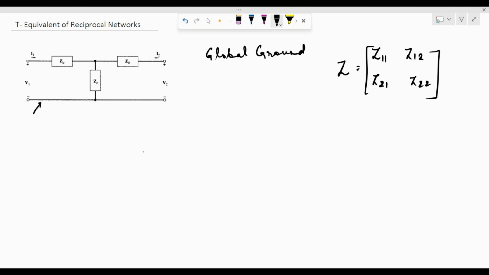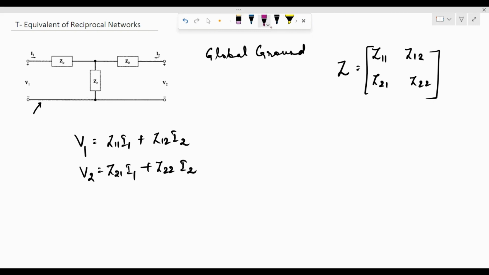That would be based on the equations, as we know, V1 is equal to Z11 I1 plus Z12 I2, and V2 is given as Z21 I1 plus Z22 I2. And we can represent this in the port based form as